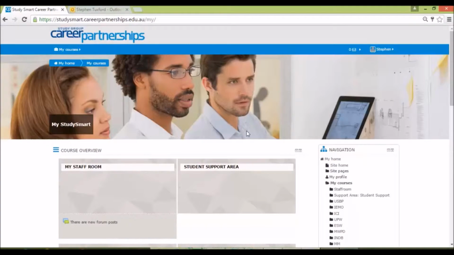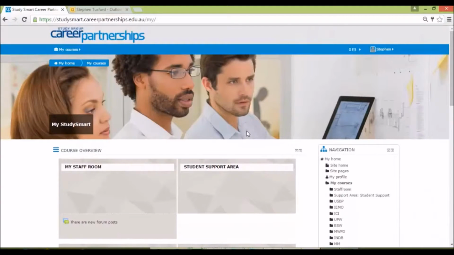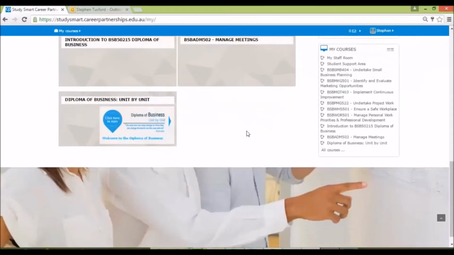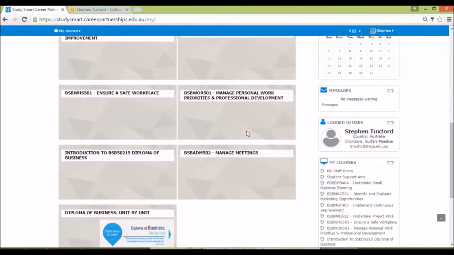Once I've logged in, I'll once again be at the course overview page or my homepage that I jump to whenever I use the breadcrumb toolbar. Here I can access the units that I am enrolled in. I'll be using Introduction to the Diploma of Business as an example. If you are not in the Diploma of Business, don't stress, as the layout is essentially the same, just different content. So in order to access the overview for the Diploma of Business, I'll click on that unit,